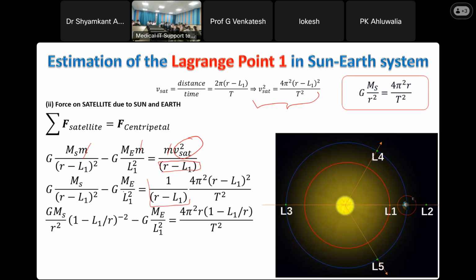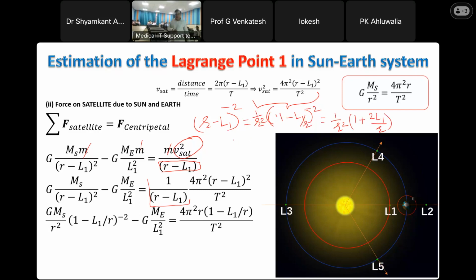Now, we are taking this quantity to numerator, (R minus L1) to the power minus 2 we are taking, and we are taking 1 by r square this way, and we are writing it as (1 minus L1 upon r) to the power minus 2, and then we are making binomial expansion for that 1 by r square into (1 plus 2L1 upon r). This sort of approximation we are making